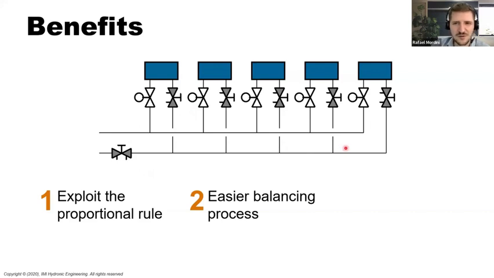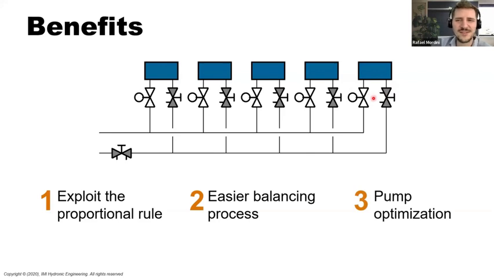a big system could be hell because you adjust one valve and then you go to the next one, and the next one, and the next one. When you finish, you go back to the first one and the flow rate's not the same anymore, right? Because the valves interact between themselves. So you can use this to do the rough balancing, and you do the fine balancing on the terminal units using these balancing valves. And also when you create modules like this, you can use pump optimization because our goal here,